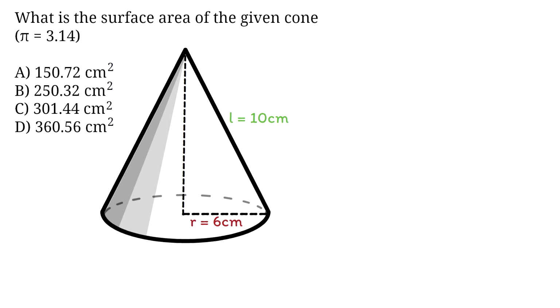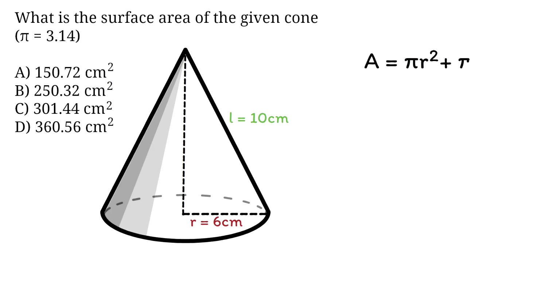What is the surface area of the given cone? A, 150.72 centimeters squared. B, 250.32 centimeters squared. C, 301.44 centimeters squared. D, 360.56 centimeters squared. To determine the total surface area of the cone, we'll use the formula pi times radius squared